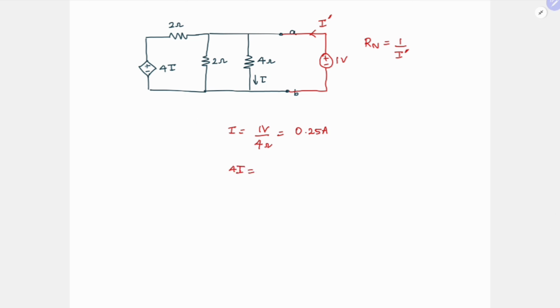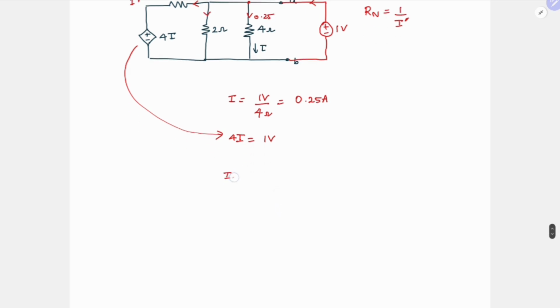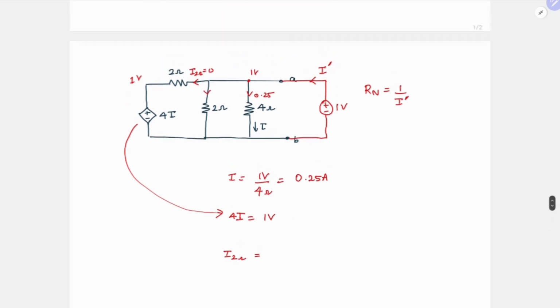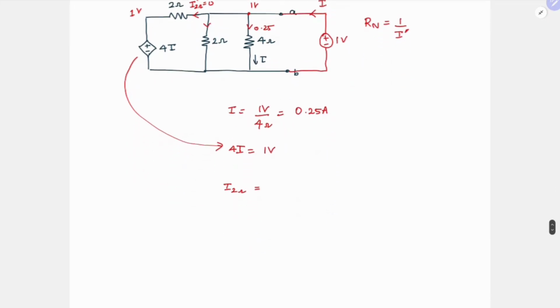So then what is 4I equal to? 4I in volts is nothing but 1 volt. So this is 1 volt and this node is also 1 volt. So the current through this is 0. So I2 ohm is equal to 0. So what is the current through this? 0.25. What is the current through this? I, another 2 ohm, right? So this 2 ohm I bar I will take. This I2 ohm is equal to 1 volt by 2 ohm, which is equal to 0.5